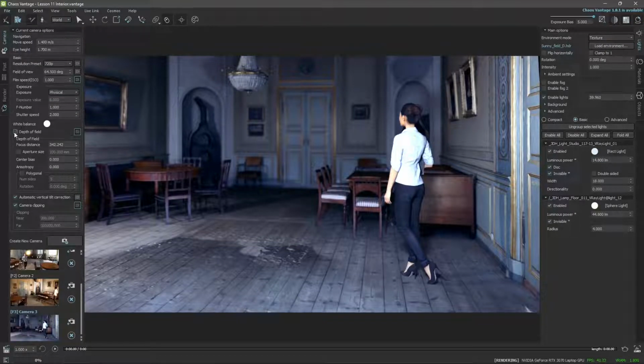We're gonna also use a physical exposure of the camera instead of the standard value exposure. So we're gonna study a little bit more about cameras and how they work and how we can change the exposure, the intensity of the lights, and so on, so that everything gets well balanced, and then we have a nice final result also for interiors. So we're gonna also see some tips and tricks on how to set up and optimize as well the interior